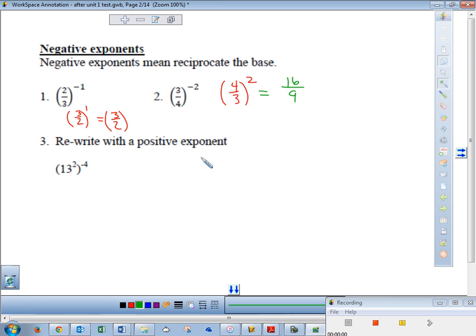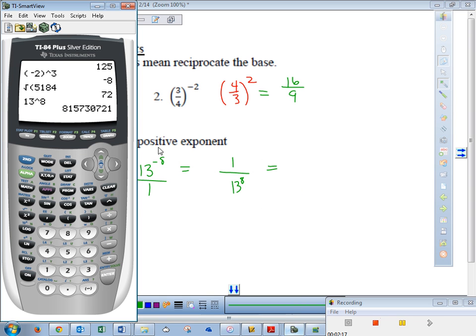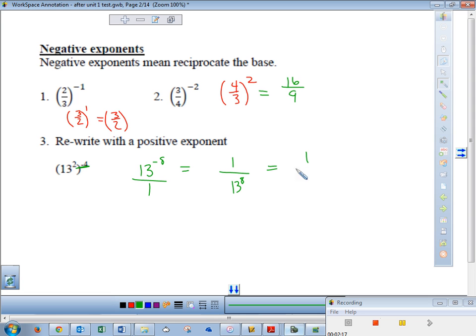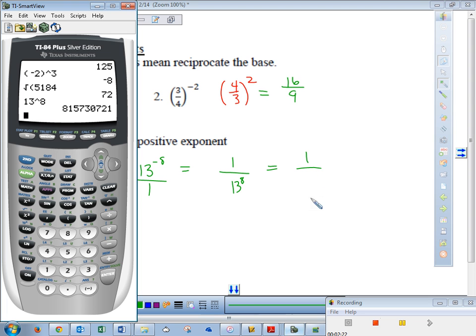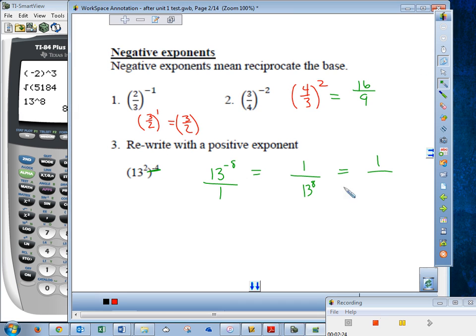It says rewrite this with a positive exponent. So first I'm going to go ahead and call it 13 to the negative 8th because it's a power to a power. Then this guy needs to change houses. He's really upstairs. So it would mean that the 13 to the negative 8 becomes down to the denominator. It becomes positive, and there's a 1 in the numerator. My math lab might let you type it in like this, or if you put 13 to the 8 in your calculator, you'd get 1 over this big old honker number of